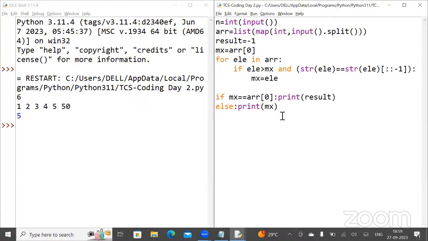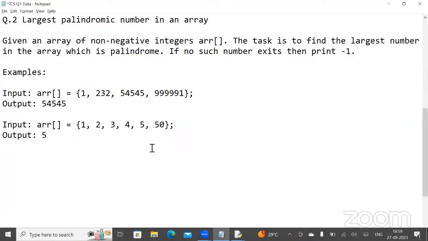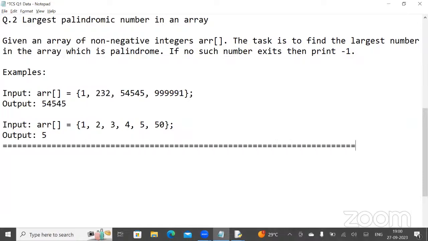The last question from today's session again belongs to some part of array concepts, so let us try to understand it. This last question I'm going to create right here on the screen. That is a really important question. As I told you, TCS is not going to ask any question repeatedly, but this question has been asked so many times because it actually belongs to implementing the core logic. So please do follow the scenario properly.